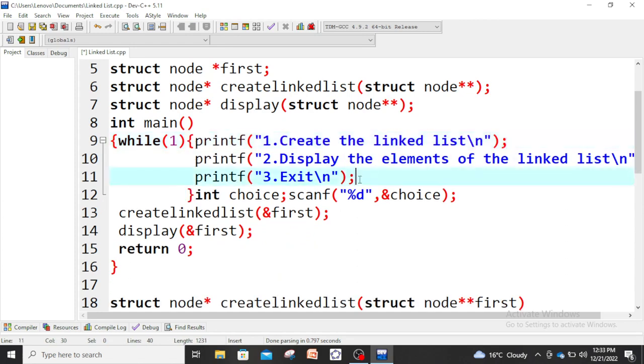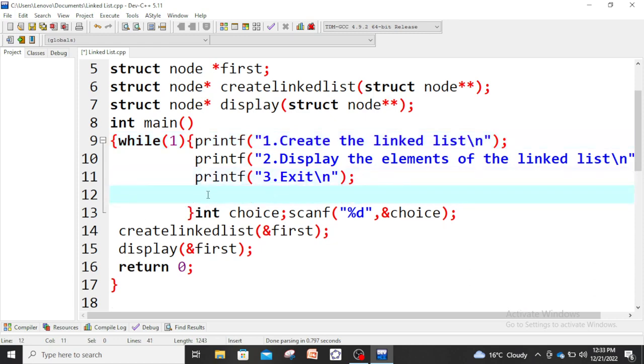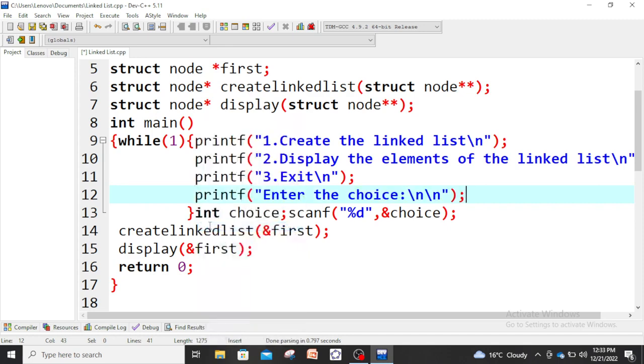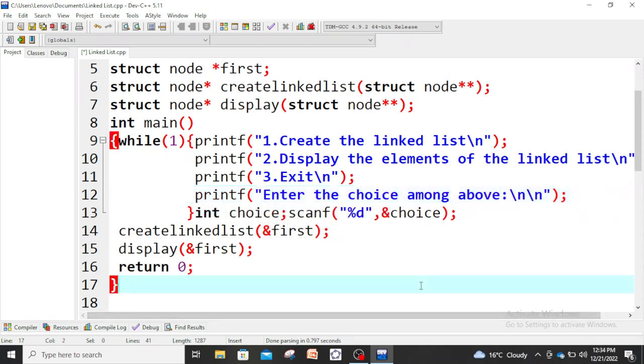So I here take that choice thing, Enter the choice, among the above. Okay, and after entering the choice